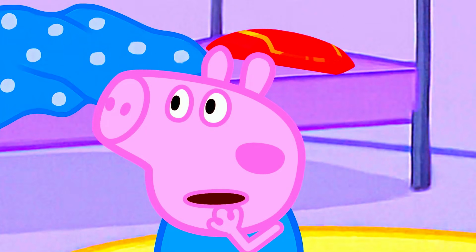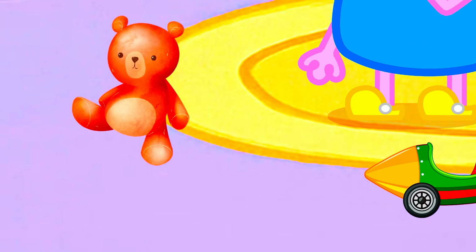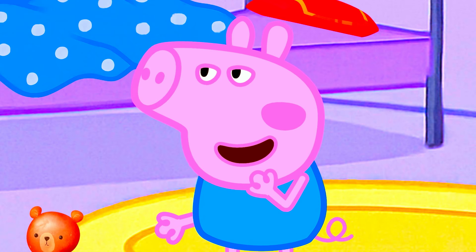One morning, Peppa wakes up and looks around her room. Toys are scattered all over the floor. Books lie in a messy pile on the desk. And the blanket and pillows are all over the bed. Peppa puts her hands on her hips, sighs, but decides she will turn her messy room into a tidy, cozy